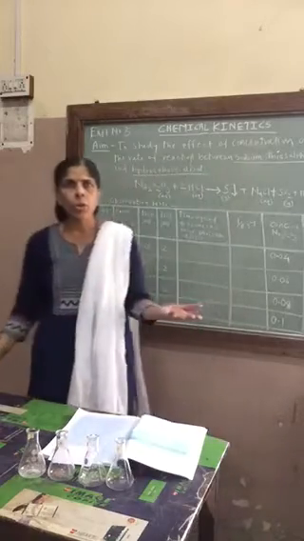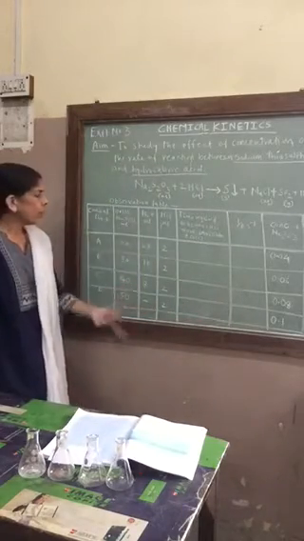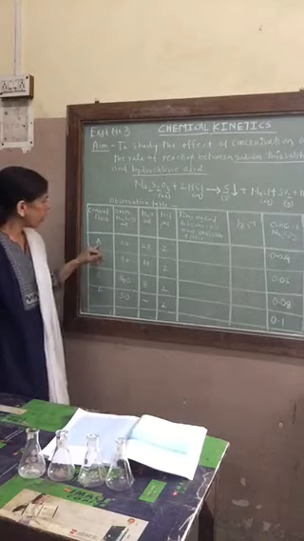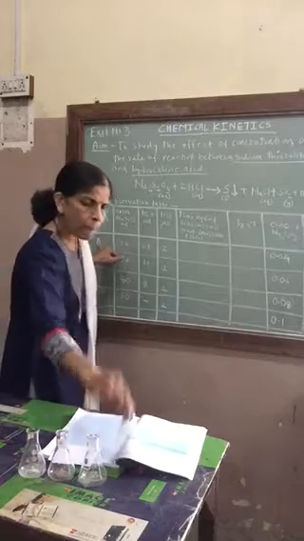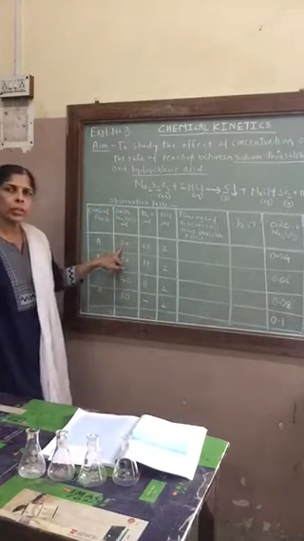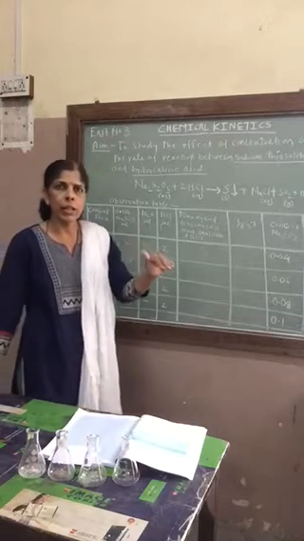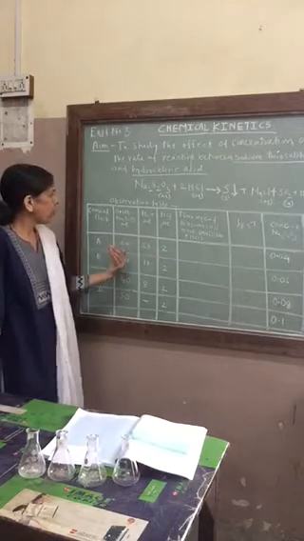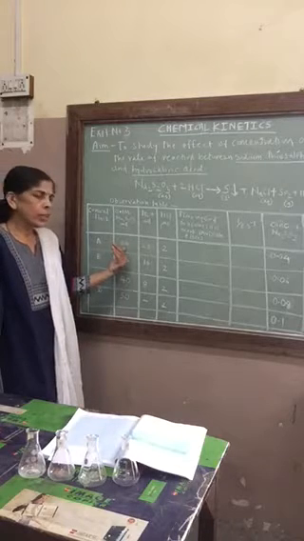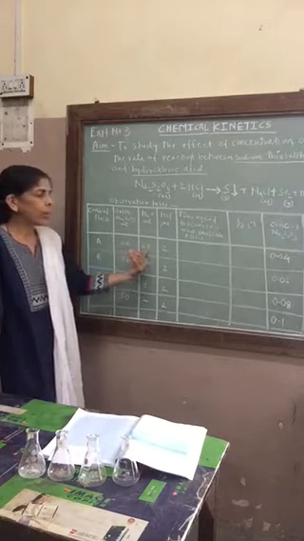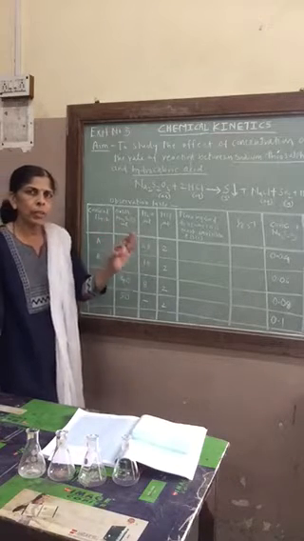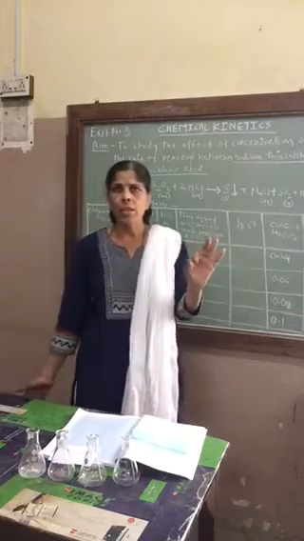I am going to show you the experiment. You fill the burette as you do for titration. Then take conical flask A. With the help of the burette, which has markings from 0 to 25, take 20 ml of sodium thiosulfate. In the same conical flask, take 28 ml of water. Then keep conical flask A aside.